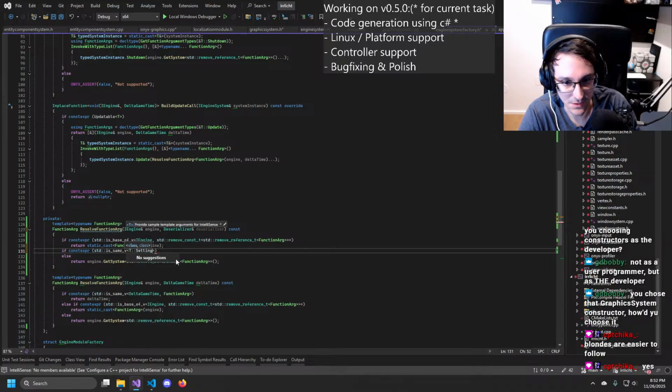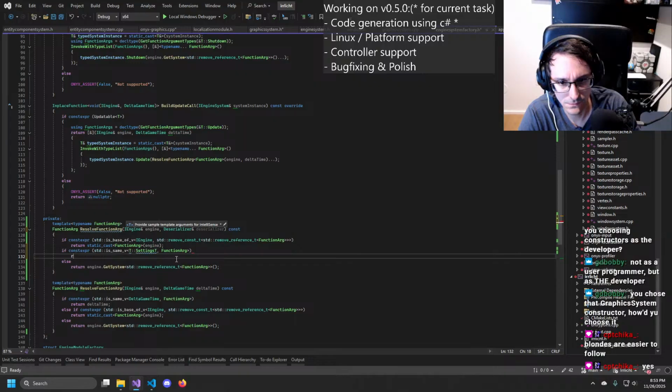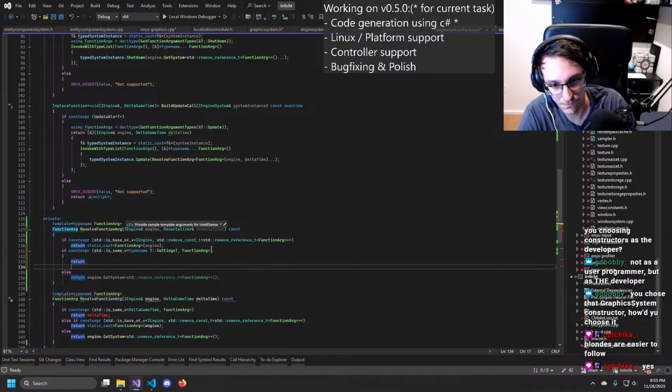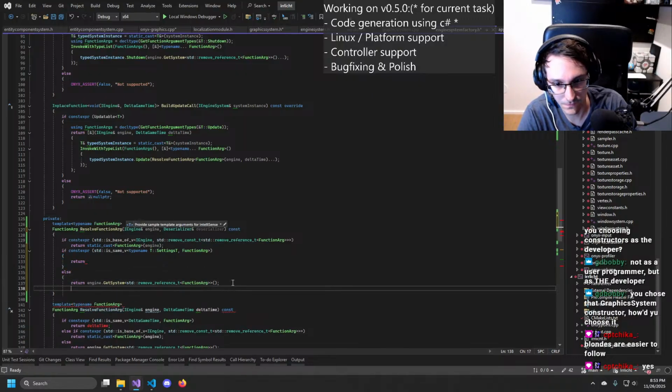T settings T and function arg. Then we return a new one.